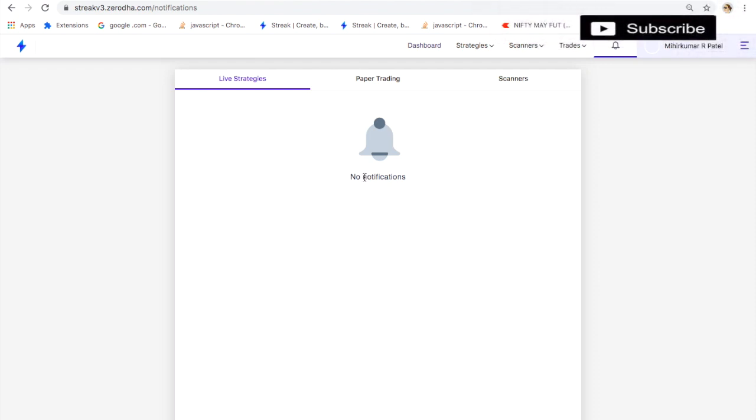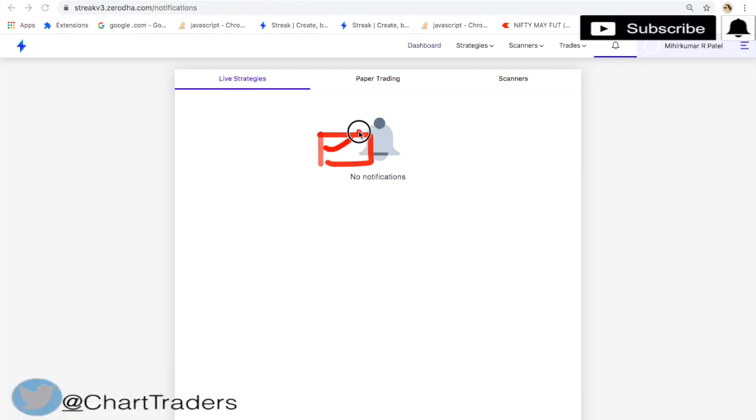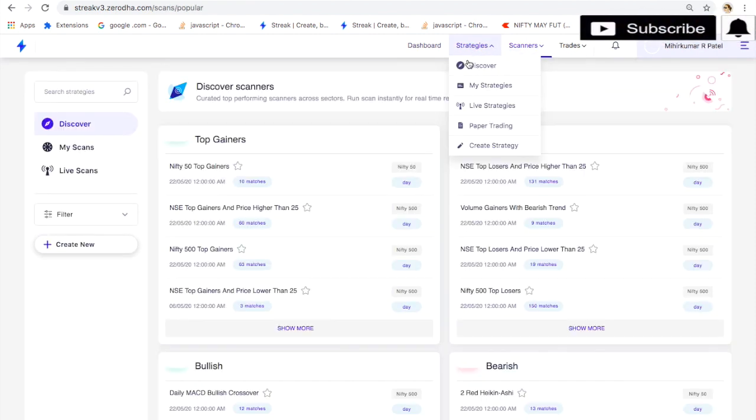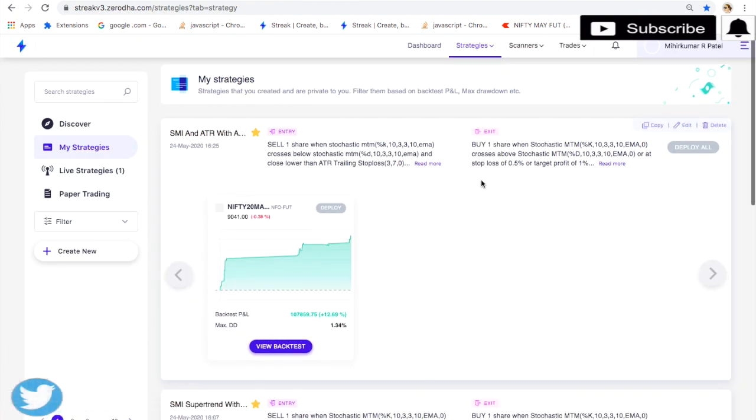For retail people algo trading is not allowed, so it's risky, so they are just generating buy and sell signals. You have to click manually. So at this point you have to click on buy, or sell, you have to click on sell. So that is one manual task in this. With the help of Streak, it generates a signal, you have to click buy, that is a manual task.